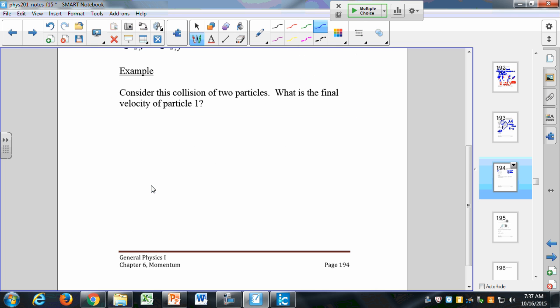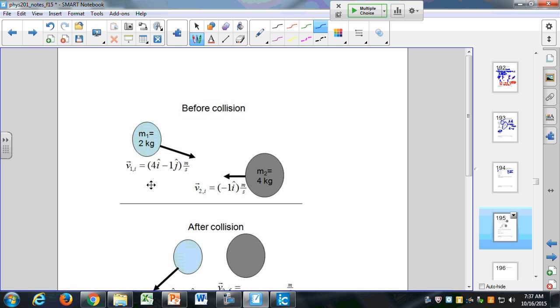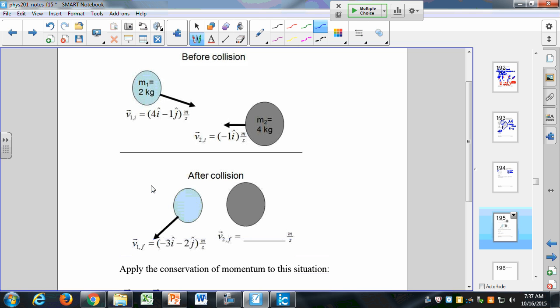Let's look at a couple particles. I have these particles. They have their initial velocities given and their final velocity given here. And I want to know what is the final velocity of that second particle. Now in this case, I give you the velocity in IJK notation, so it becomes a lot simpler because you don't have to deal with the cosine and sine theta terms. But for example, if I gave you this,